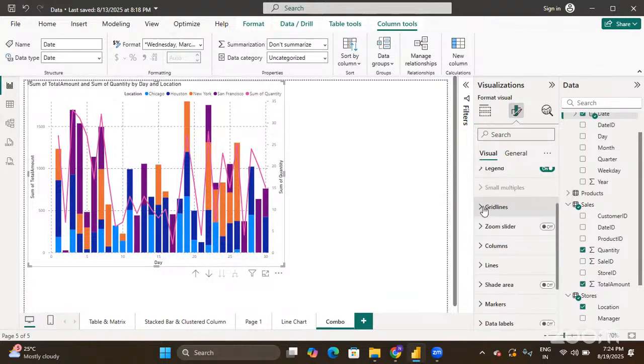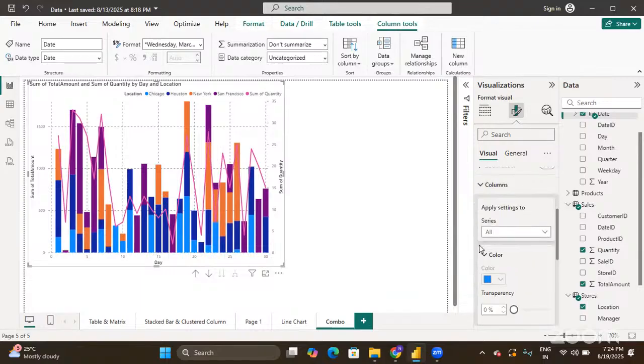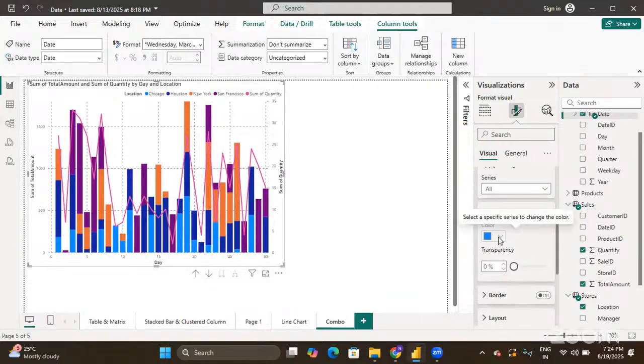Next to grid lines, what do you see? Zoom slider. You can add a zoom slider, guys. A zoom slider can be added for the tile. Then the formatting options for columns, the bars. So I'll keep it for all. Then,